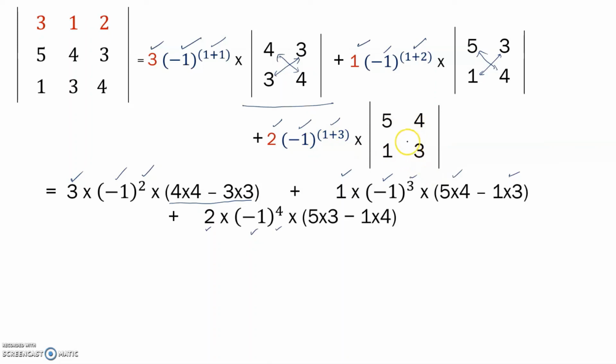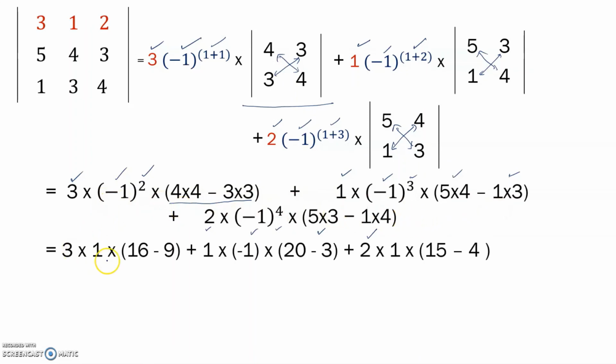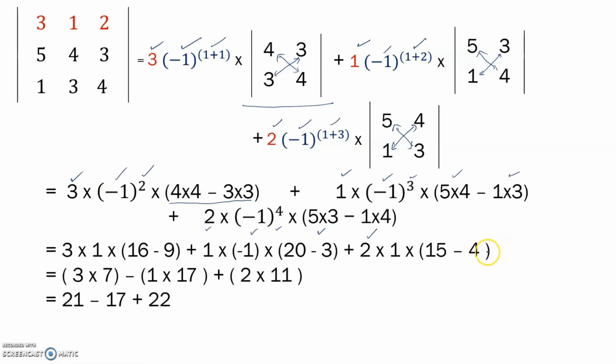To find the determinant, multiply 5 times 3 minus 1 times 4. Alright, if we simplify this further and further, the value of this determinant is